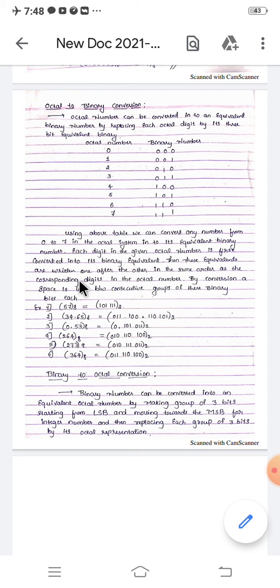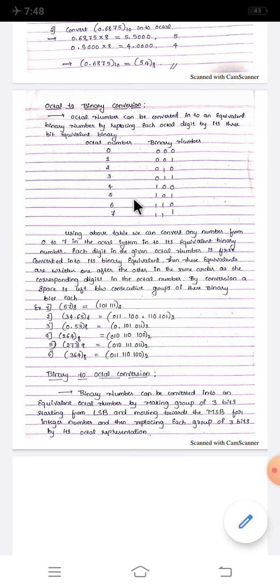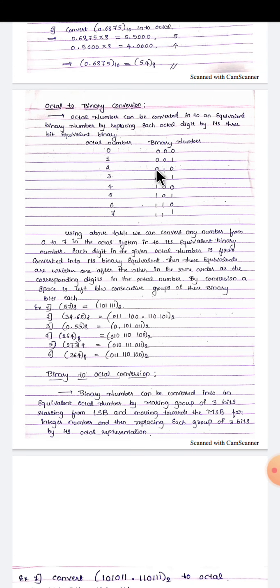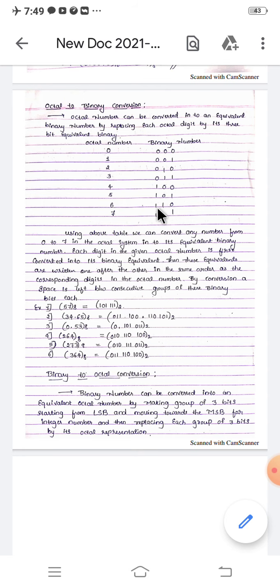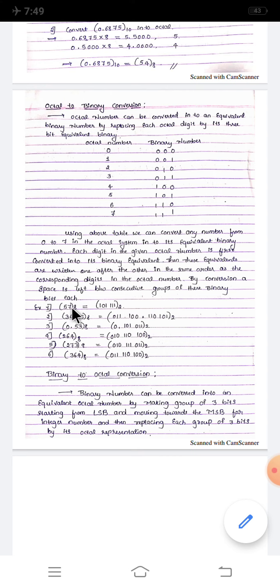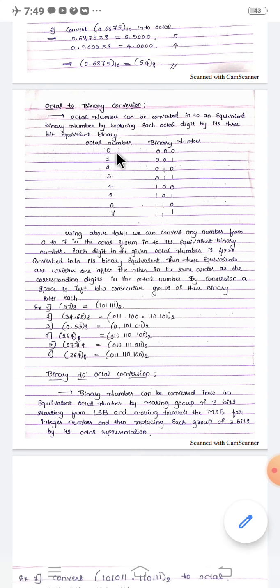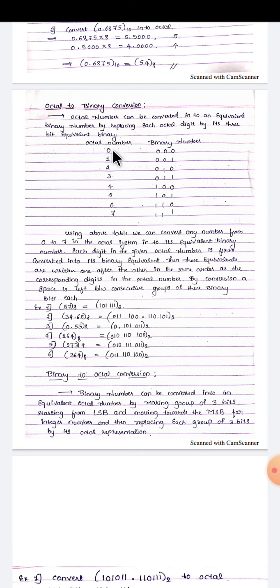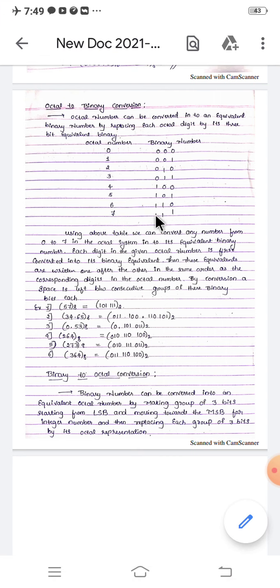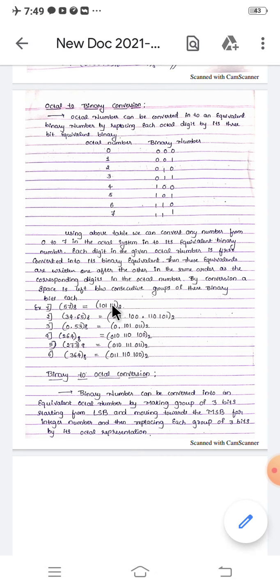To convert octal to binary, first we have to remember this table, 0 to 7: 000, 001, 010, 011 and so on. So 57 with base 8 is the octal number. First 5: the binary of 5 is 101. Remember, don't start from 1, 2, 3; must start from 0. So whenever 5 is there, write 101. Next 7: the binary of 7 is 111. So 101 111. Here 8 means octal, 2 means binary. Simple, no? So octal to binary with base 2.